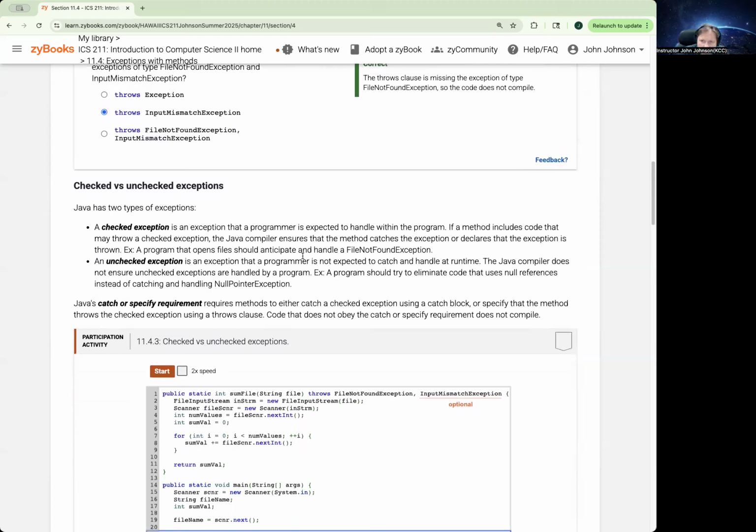So checked exceptions have to be handled or else it won't compile. It says here, a checked exception is an exception where the programmer is expected to handle within the program. If a method includes code that may throw a checked exception, the Java compiler ensures that the method catches the exception or declares the exception is thrown. So an example of that is going to be a program that opens a file should anticipate and handle a